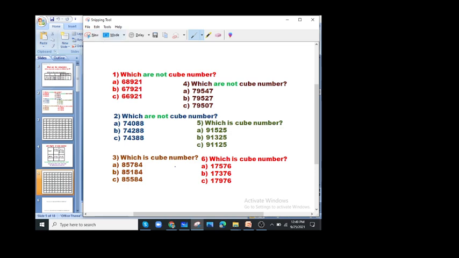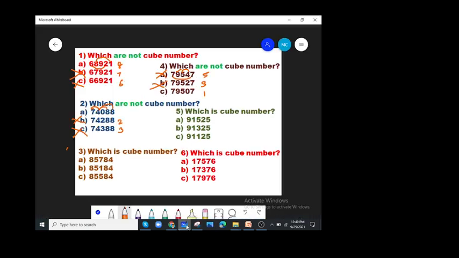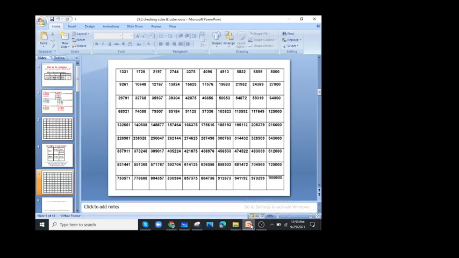So how to find the cube root of these numbers? If you want to find the cube root of a number, what is your first duty? First duty you have to divide into 3 digits. If you want to find a square root, you have to take 2 digits, splitting the number into pairs of digits. Here it is a triplet of digits. So 91 is the first part and 525 is the second part. Like that you have to split the digits, 3 digits at a time. Only if you split into 3 digits can you do the problem.